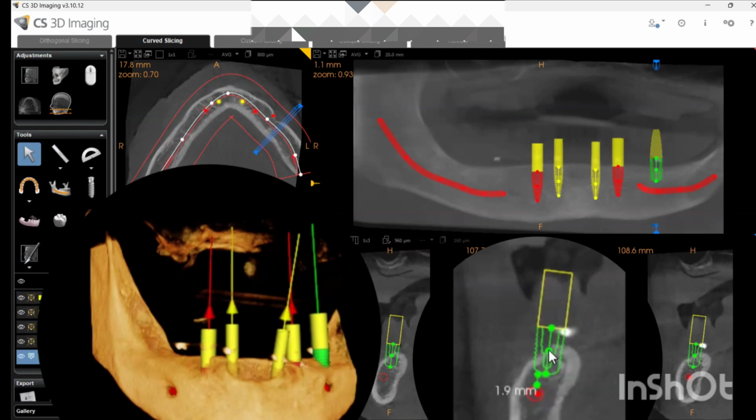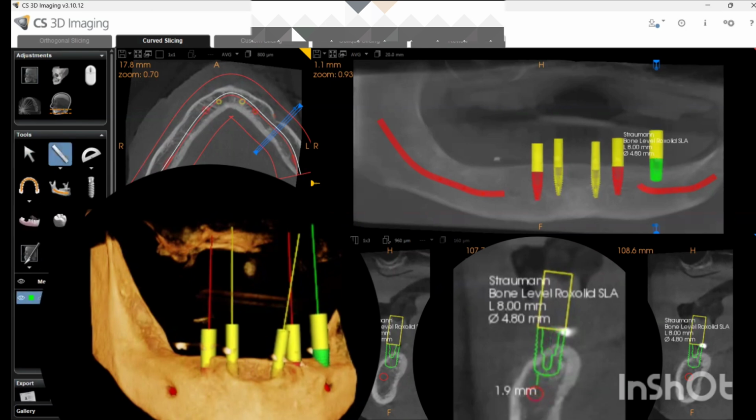You can move it a little bit down. Now you check, this is 2 mm, you can delete the measurement. Now see, if I talk about the posterior region, the height is not adequate. This is my implant, only this part. So this part of the implant is getting exposed.